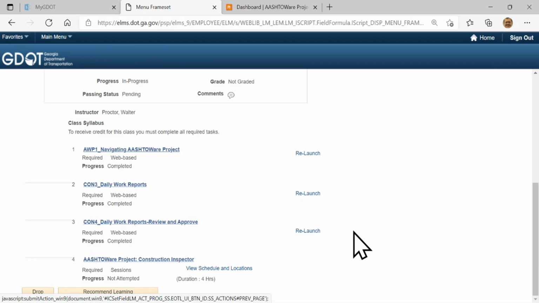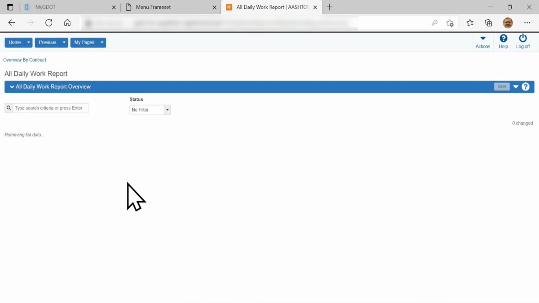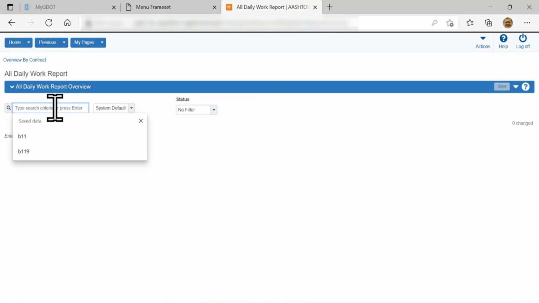So this gives you a way of understanding how the new system will be up and running. As a construction inspector, it's pretty easy just to go in there and make your changes and create your DWRs with the information that you're working with, so everything can be listed correctly and kept up to date. Go into the system, click the link. It's all on the web, on the internet, where you can go to the cloud-based selections to choose what you're working with and call them up. So that way you can understand what's in there.